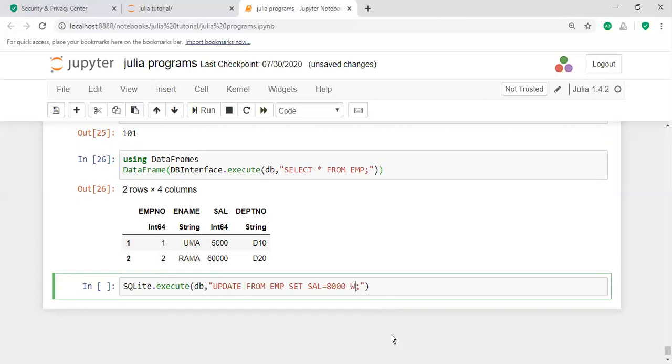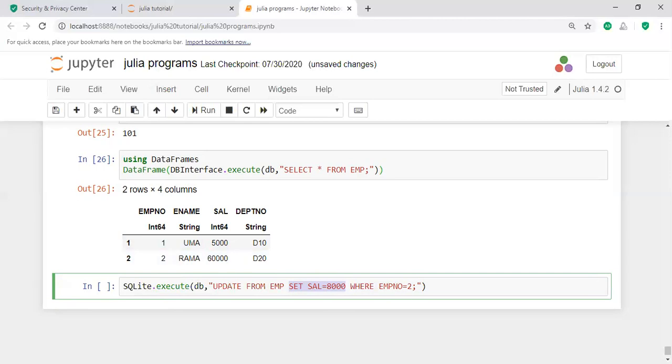I'm going to update that value where the EMP number is equal to 2. So set the employee salary equal to 8,000 where the employee number is 2.